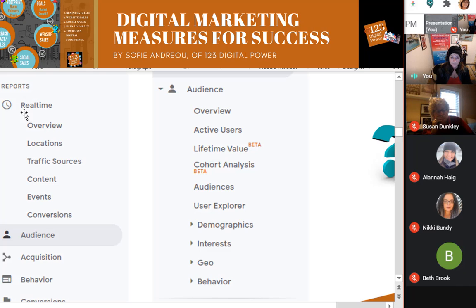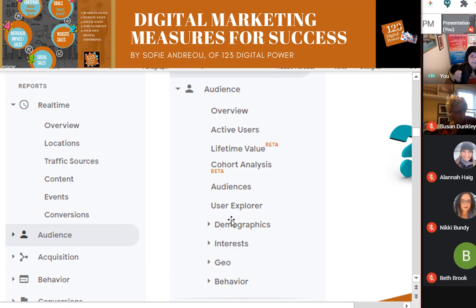So if I click on real time, I can see overview, I can see traffic sources, is it Facebook or whatnot. On audience, I can see overviews, active users, meaning are there people on my site right away, lifetime value, but I can also see demographics. I can see where they're from, how old they are, their interests, where they're located, their behaviors. There's so much you can see. You can also see,